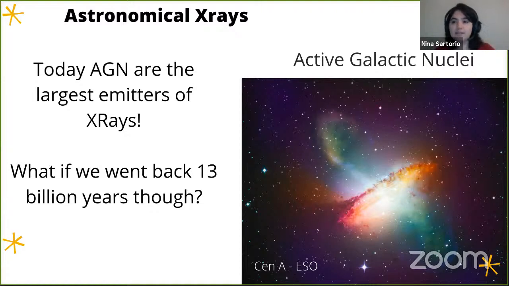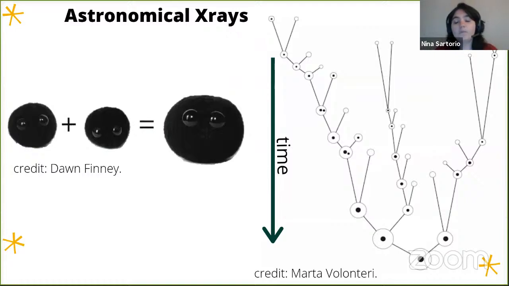But I studied the universe a long time ago, just a few hundred million years after the Big Bang, which sounds like a lot of time, but for a universe that's 14 billion years old, that's actually not that much. So what happens if we turn the clock back 13 billion years? Well, because AGN rely on the supermassive black hole, you have to have a supermassive black hole around to have an AGN. But that's not necessarily the case 14 billion years ago, because we probably didn't have the